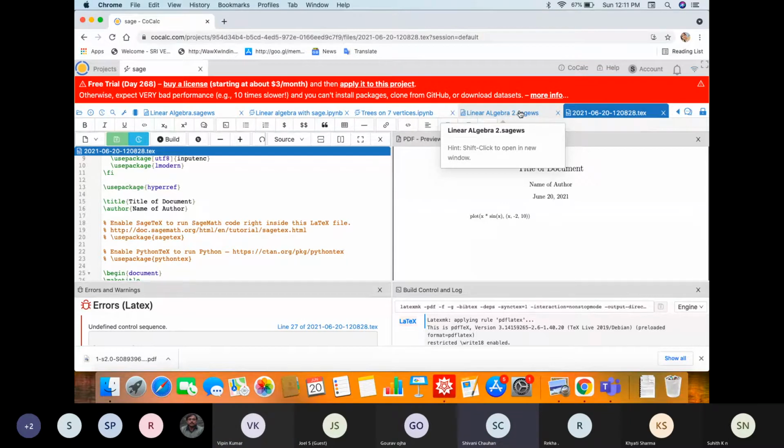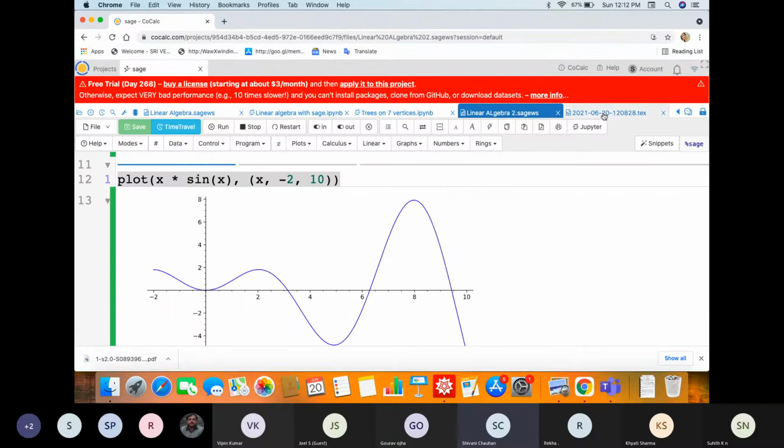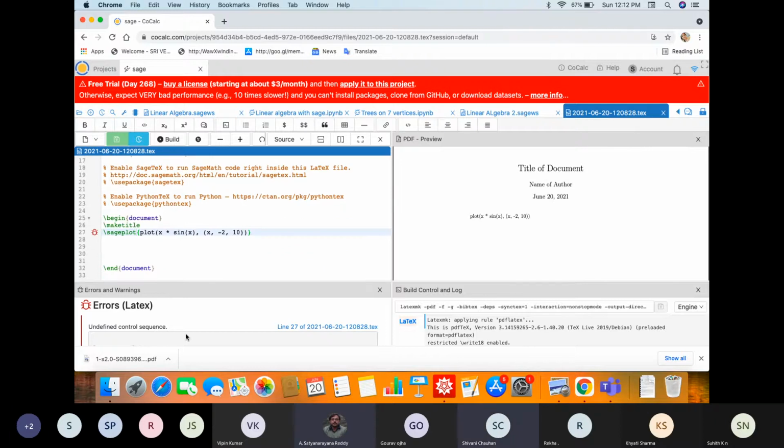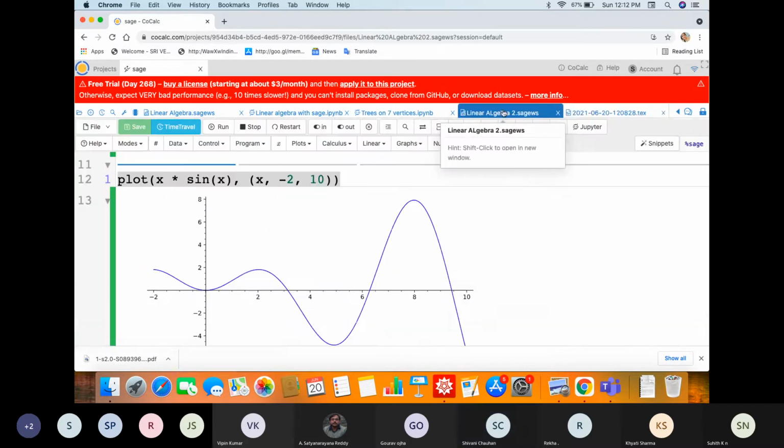So shortly he'll resolve this also. Shivani, can you go there and remove plot? Just Sage only you use it. Plot is already there, so I don't think plot is required. Even then the error is coming. Okay, so without wasting any time, let us move forward and we will answer this query later.